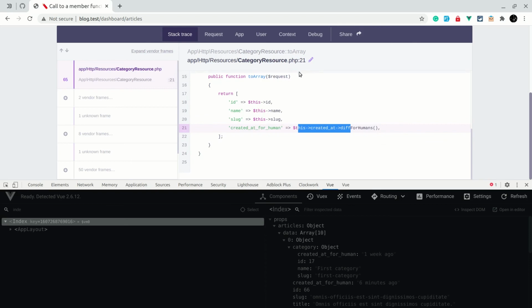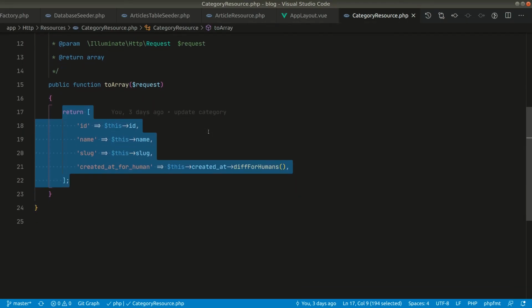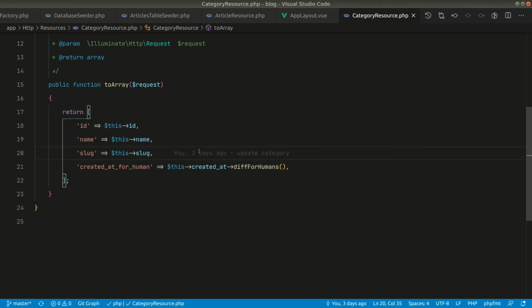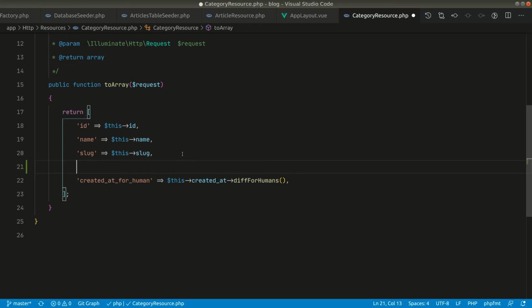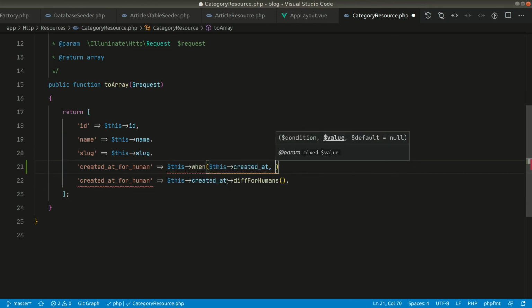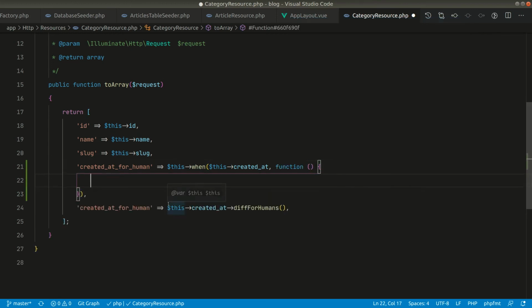So now let's see how to fix this. Let's go to this category resource. Now I'll introduce to you a new feature of this resource. Let's say we only want this created_at for human field whenever it is passed, then we can do it like this. We say this when, and this created_at will call a closure over here, and only in the closure we will return this part.